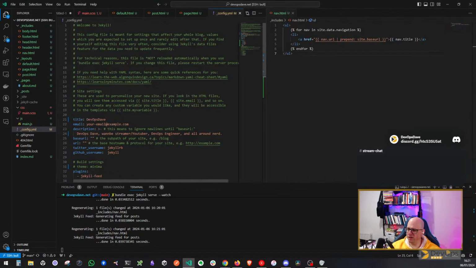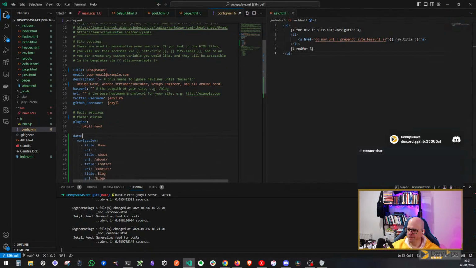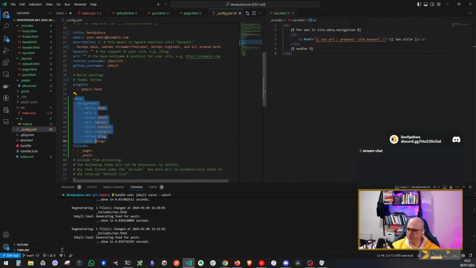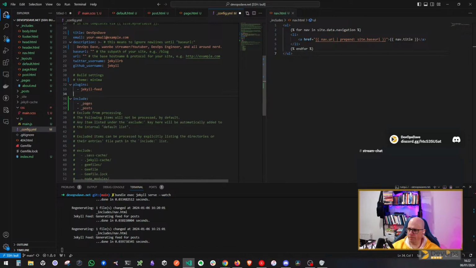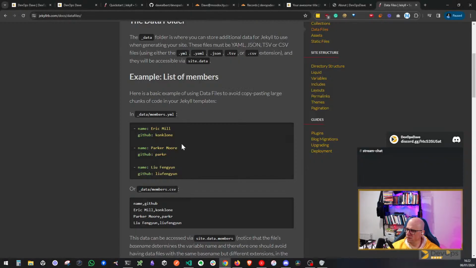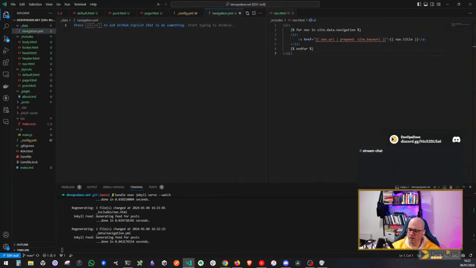So it's not part of the config itself. So we want an underscore data, navigation.yaml. Is it a YAML file? Yes. Okay. And then from here,